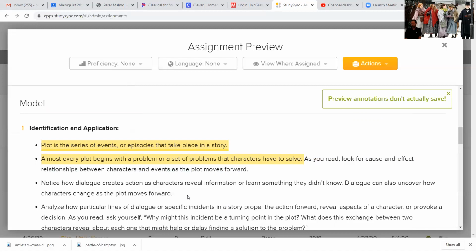It says, as you read, look for cause and effect relationships between characters and events as the plot moves forward. I really like to talk about The Outsiders. When I taught 7th grade, I love The Outsiders. We did it every year. I'm sure most of you have read The Outsiders. So think about when Johnny and Ponyboy are in the park, right? And they end up stabbing one of the Socs, and they have to go on the run. So them stabbing the Soc caused them to then go on the run, and they had to get Dally to help them escape. Remember, they escaped to the church, and just as events kind of go forward, what ends up happening? Well, they end up lighting the church on fire,